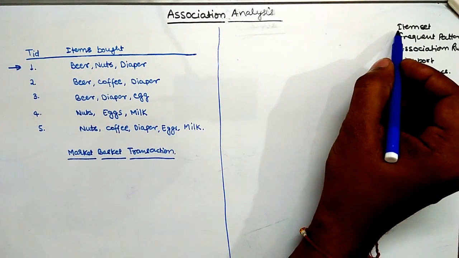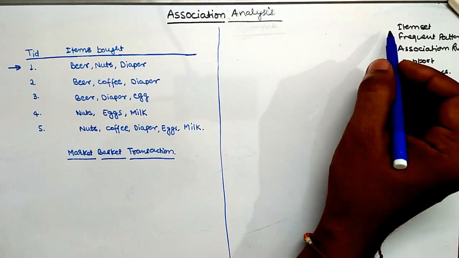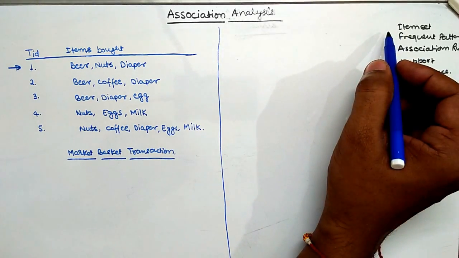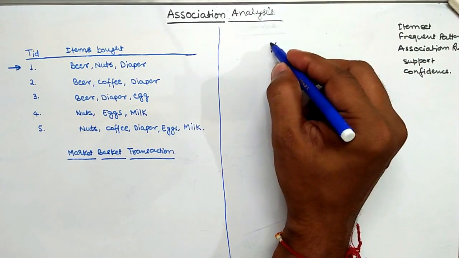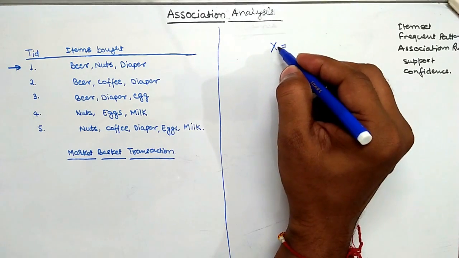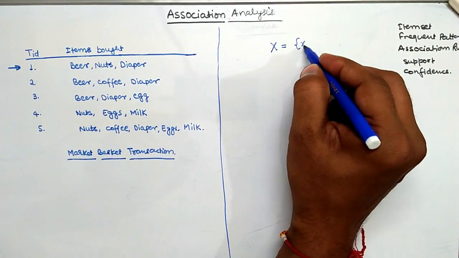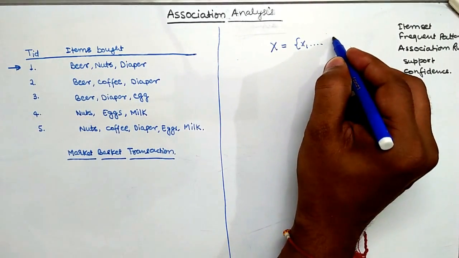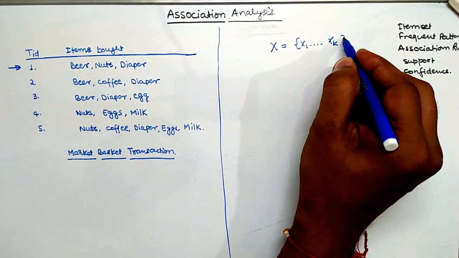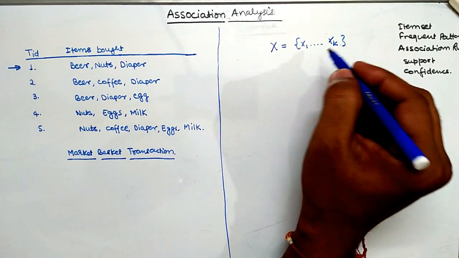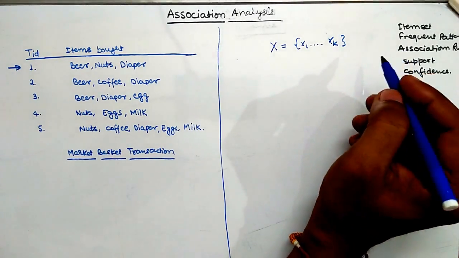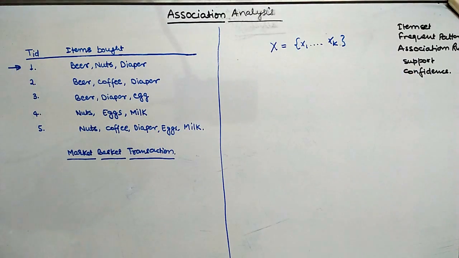It is one or more items in the database, and an item set can be represented as: if X is an item set, it can be a collection of various items x1 to xk. So this set is called a k-item set, because it contains k items. Now